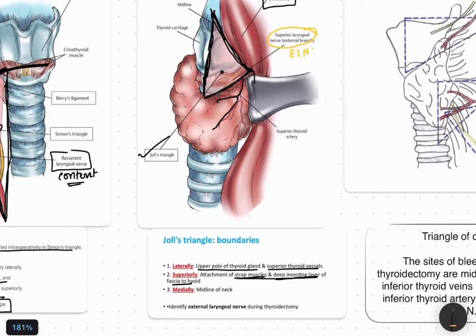External laryngeal nerve during thyroidectomy. Where to find it? In the Zoll's triangle. In the Zoll's triangle, you see this is the external laryngeal nerve. You remember, the external laryngeal nerve is a branch of the superior laryngeal nerve. So the superior laryngeal nerve gives the internal laryngeal, which pierces through the thyrohyoid membrane, and the external laryngeal is coming